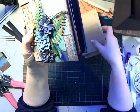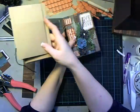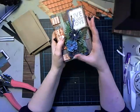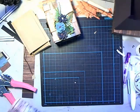So that's the cute little mini album and this fun binding on this mini album. I really like how these go. It would be easy to do this on a larger scale, so it's not quite so tiny. But anyway, that is